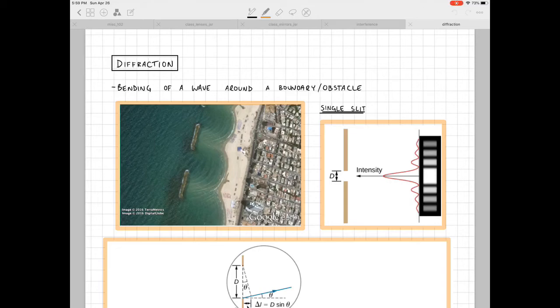All right, and another wave-related phenomenon is diffraction. Diffraction is the bending of a wave around a boundary or an obstacle. This picture from the book demonstrates water waves diffracting through these breakers. You can see you've got the waves